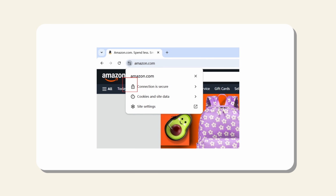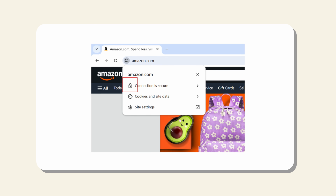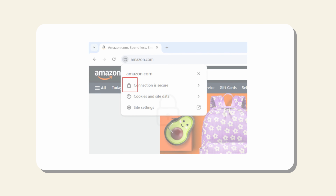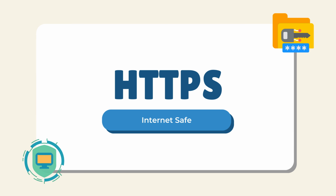Have you ever noticed this little lock icon? When you visit your bank, go shopping online, or use social media, it's almost always there. But did you know? Behind that tiny lock is actually a kind of security alliance protecting your data, HTTPS. Today, we're going to take it apart and see what's inside, from encryption to digital certificates, and learn how it